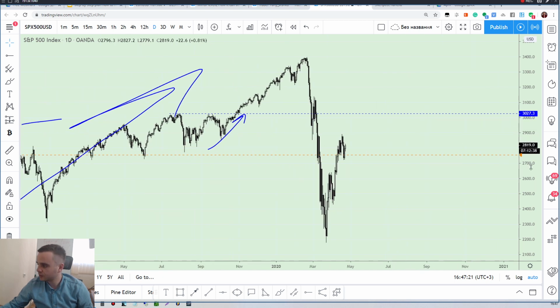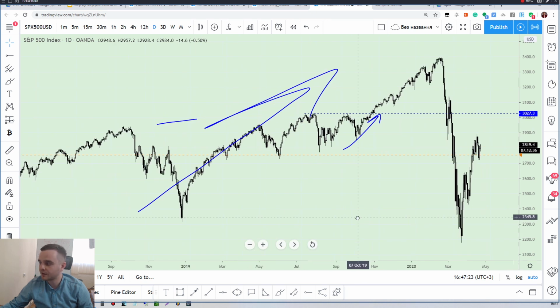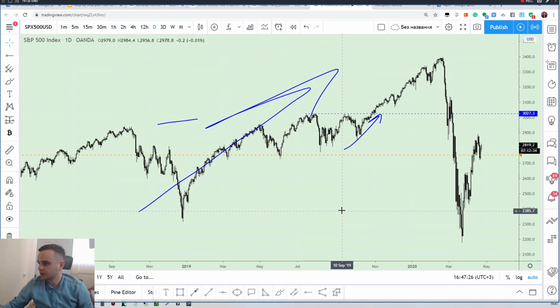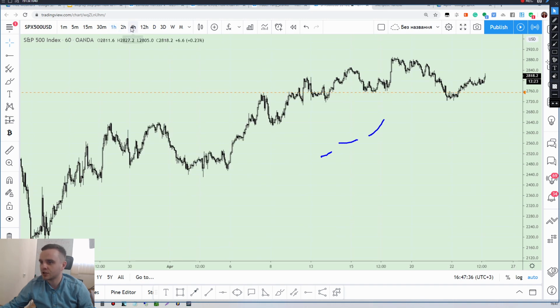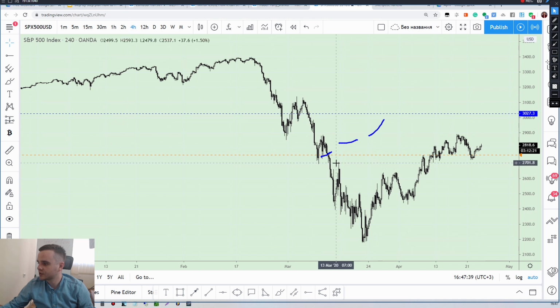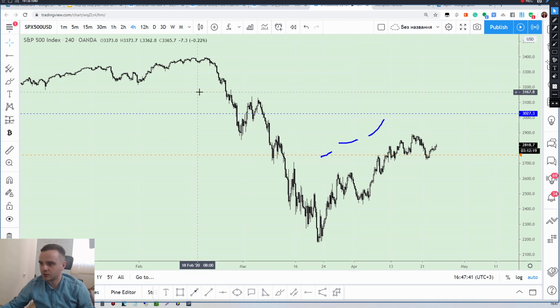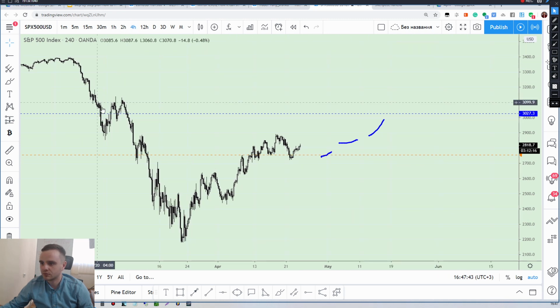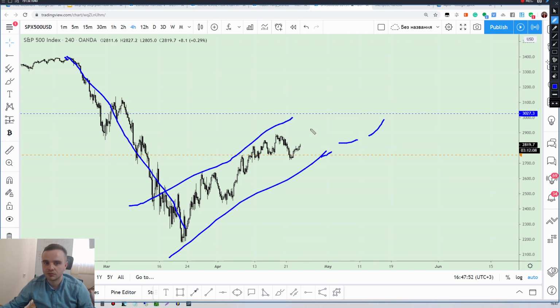It would be better for you to identify local and global trend. Open daily chart, and you would see that every low becomes higher, that is global trend up. And after that, you can open 1 hour chart or 4 hour chart, and when you open 4 hour chart, you would see like here, global trend down, local trend up. From this point we have global trend down, and this local up rise. That's all.